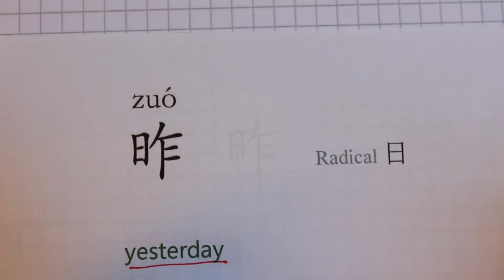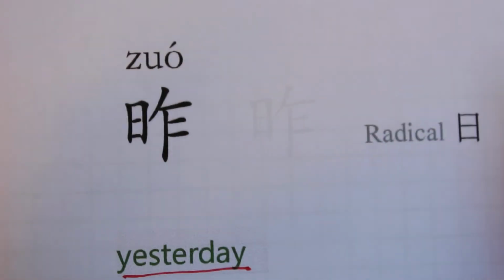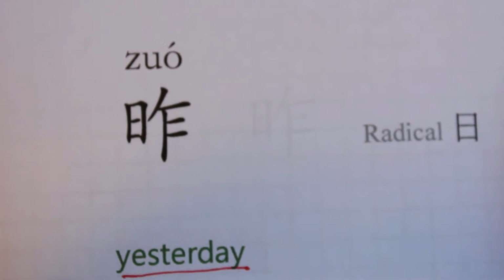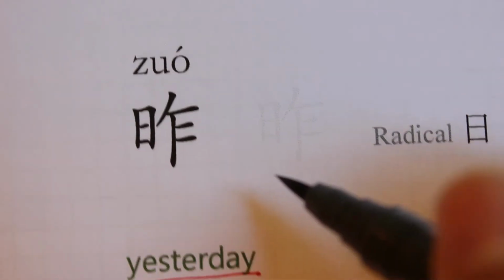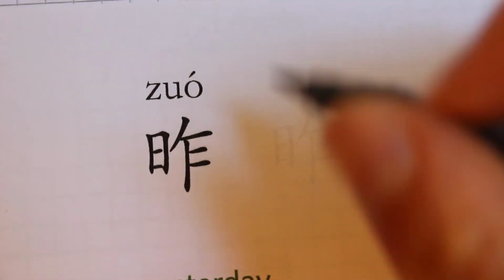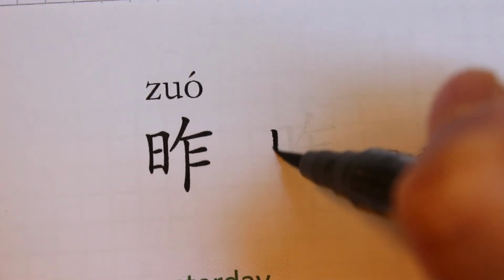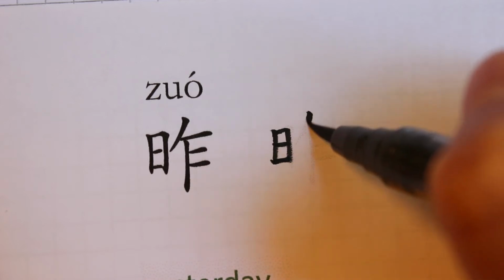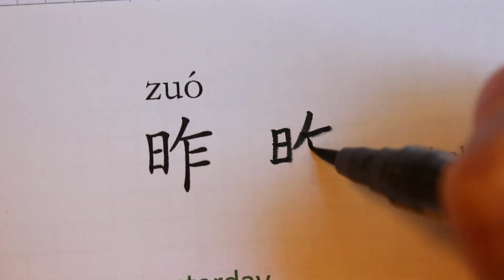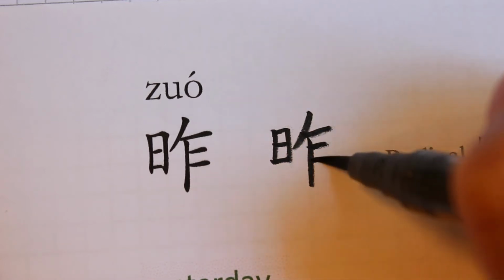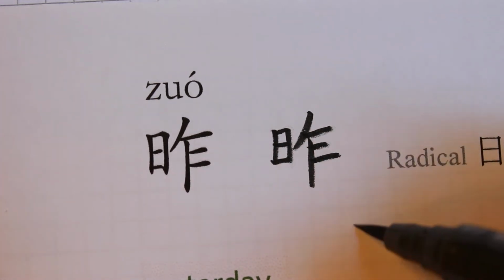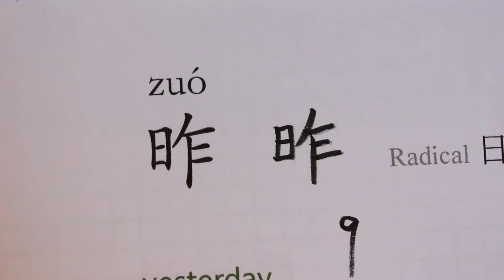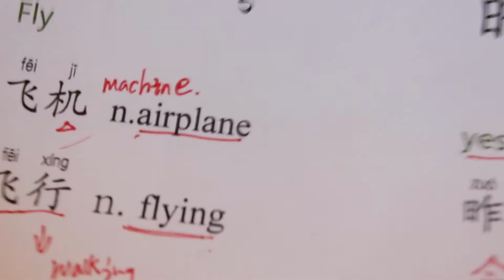Okay, now let's try to write 昨。一、二、三、四、五、六、七、八、九。So 昨 has 9 strokes. 有9画。